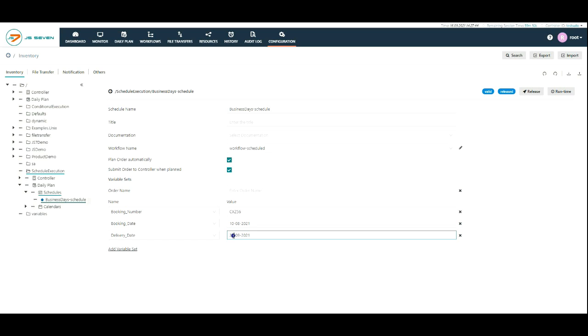where I am changing the delivery date, and release the schedule. Let the daily plan service run. The new value of the variable is used by the daily plan service to create the order. If you want to modify the value of the variable for the already created order, then